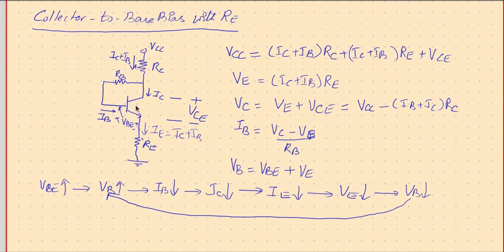of the transistor. So for a given IB, if beta changes, then IC will change. If IC changes, then the voltage will change. If this voltage changes, then this voltage will change. And then IB gets back to its smaller value, and accordingly IC also gets back to its original place, and VC gets back to its original place, and that way the whole reaction can be explained as we have seen in our previous lecture.